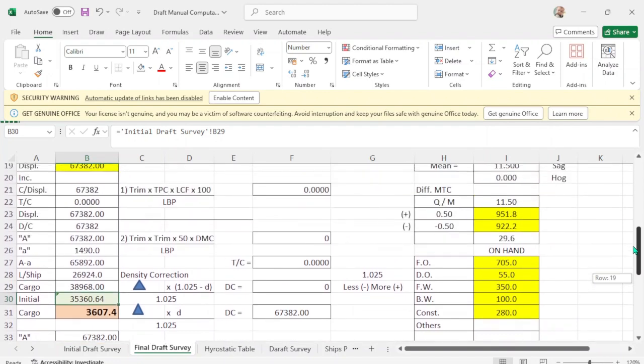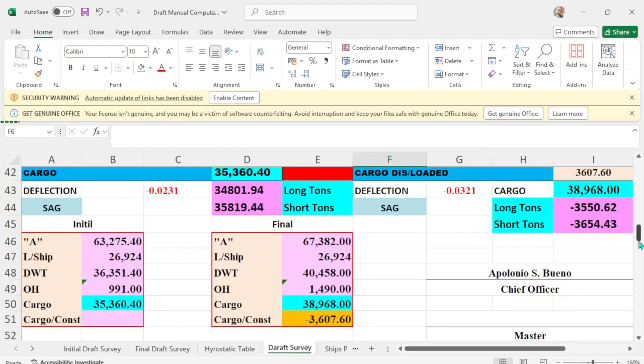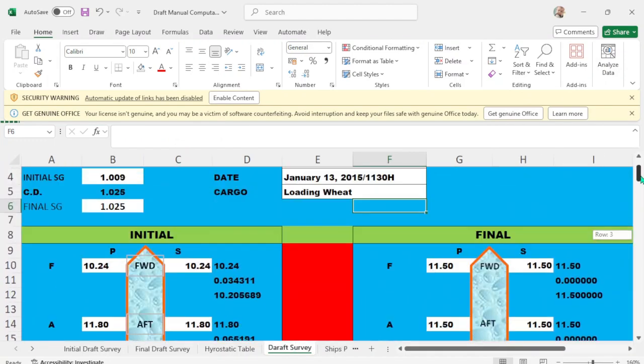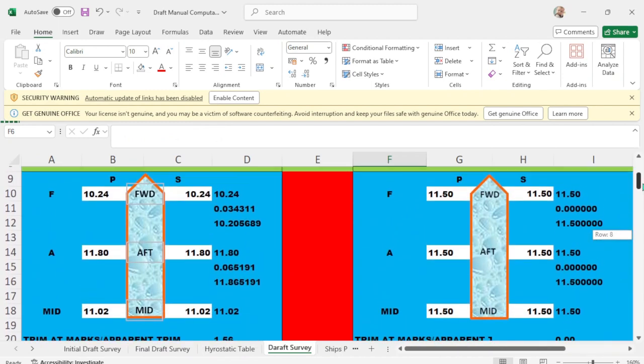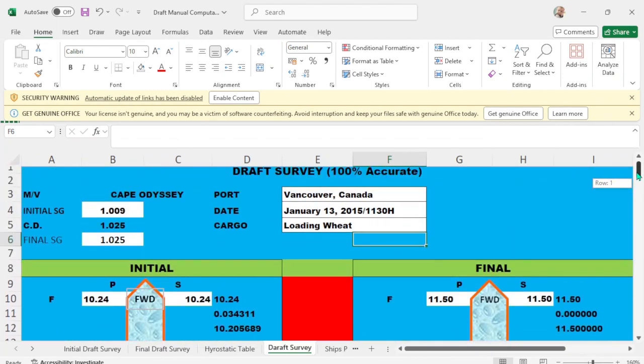I made this one myself, for manual computation. Then I made another one, this one. It's the same. And see, look here. The initial drop was 1.09. The final drop was 1.025, the density. Okay.